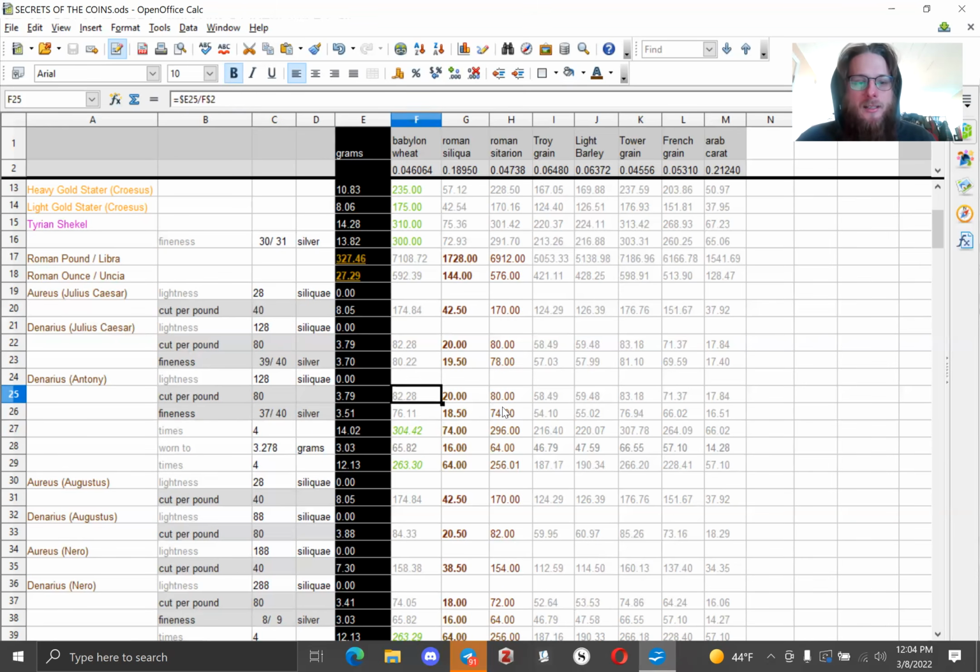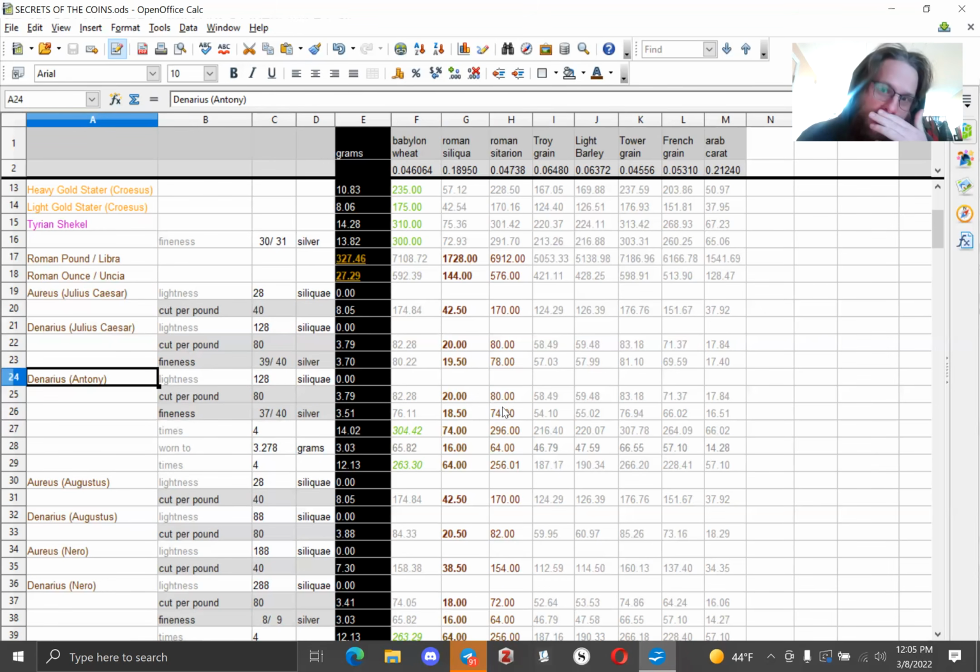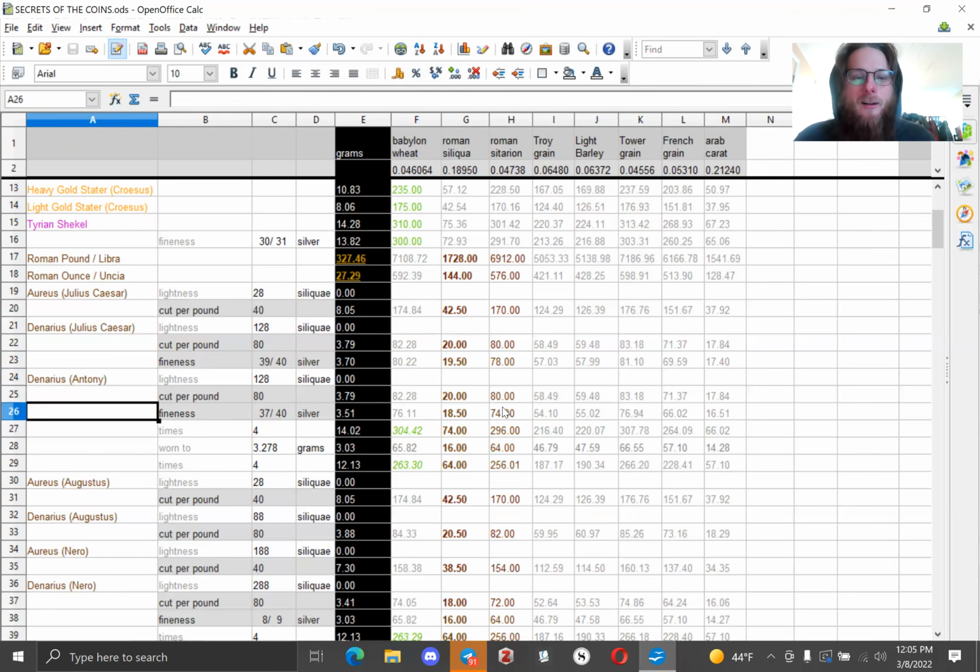Okay, now, what is the significance of this? Well, for one thing, Antony is at war. He's fighting Octavian, and it's not uncommon to see debasements of coinage in times of war because you're at war, you need money. And so it makes a lot of sense to add some cheap metal to the expensive metal to make it stretch further. But there's a little bit more going on here than that. In order to fully appreciate this, we need to remember Antony has a power base in the east, and he's attacking the west from there.